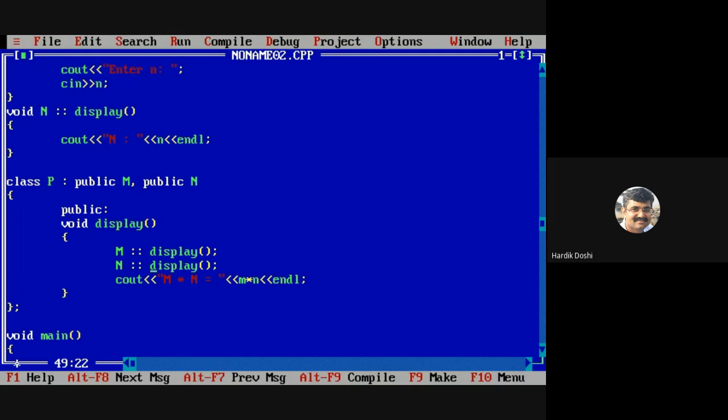Still one more concept is there over here. In the same example, still one more concept is there. Just check out. Can you say in all these three classes we are having display? That means if I forget about n also, in m class we are having display. When it got inherited to p, so can I say display comes in the public section of m class, but already display is there for p.